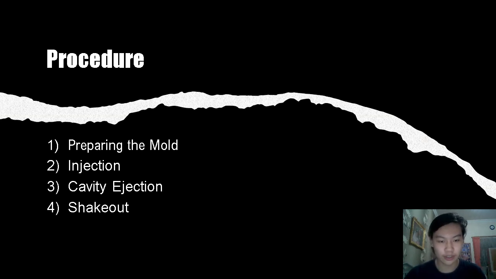And then the fourth and final step of this die casting process is called shakeout. During this step, the manufacturing company or the operator separates any scrap metal from the newly created cavity. It's not uncommon for high pressure or low pressure die casting to produce excess scrap metal. In other words, not all of the molten metal is used to create the casting. Some remains stuck inside the mold, and as a result, the scrap metal must be removed from the mold so the mold can be reused.